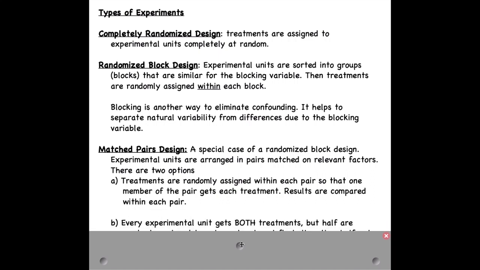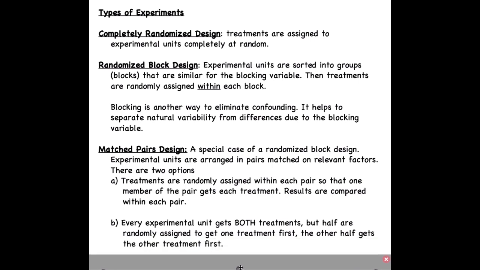The other way you can pair is to pair each person with themselves, kind of. Every experimental unit would get both treatments, but now you randomly assign so that half of them get one treatment first, half of them get the other treatment first. And then you can compare each person to themselves. So this has been done. There have been questions about this on the AP exam with plots of land or fields where